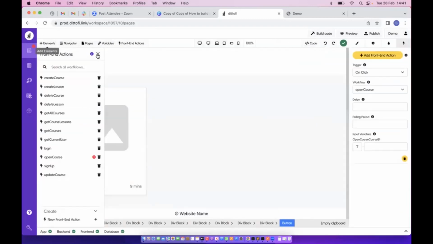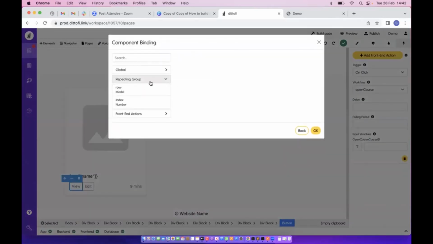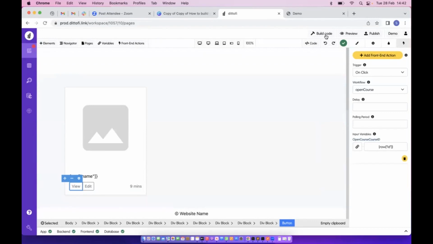But now if I look at my on-click open course, you'll see I have an option to set that same input variable that I added. So this is allowing me to pass variable information into that front-end action. So I could say I want to take the ID of the row that I'm iterating through and pass that into my action. So if we build this again now, we should see this particular error we got gets resolved